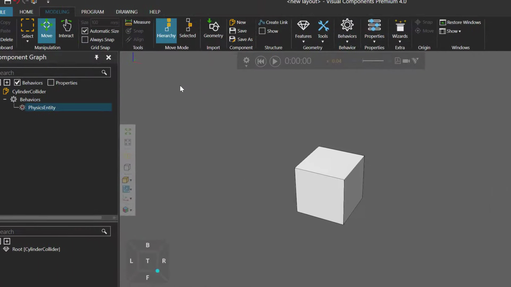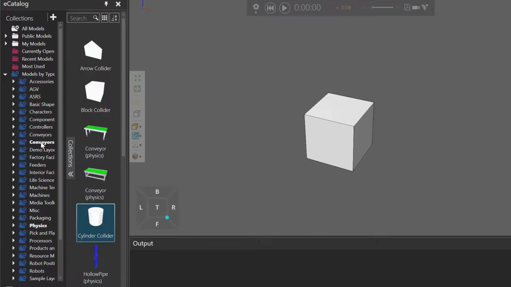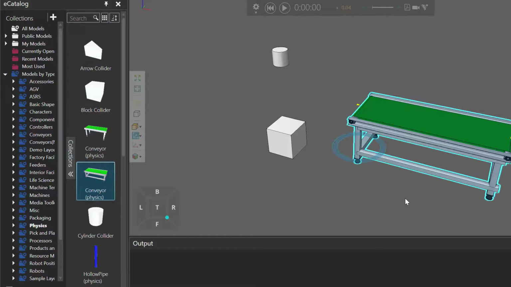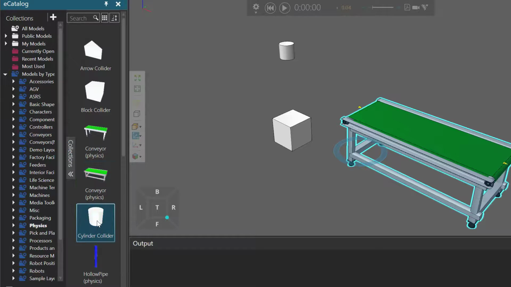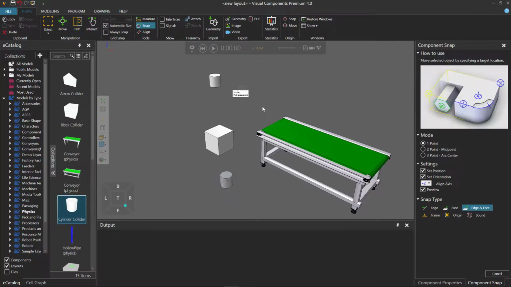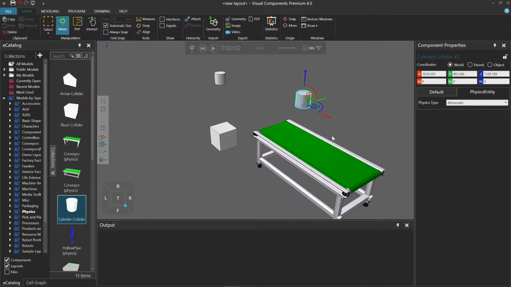Now go back to my Home tab. And let's now go to our eCatalog panel, and I'll take one of these physics conveyors. Drag it into the layout. Let's add another cylinder collider. And let's snap it to be on top of the conveyor, so right about here, anywhere on its face center here of the belt. Let's then use the Move tool and move it up along the Z-axis,